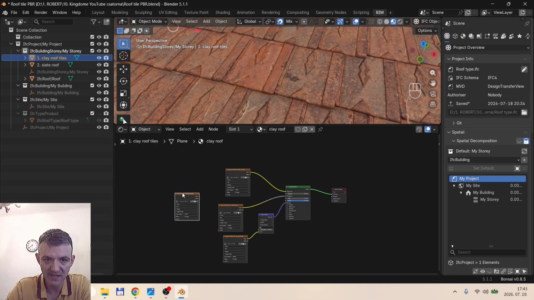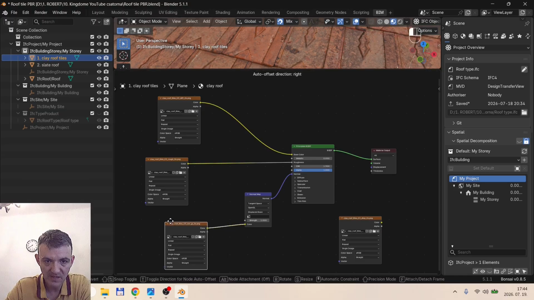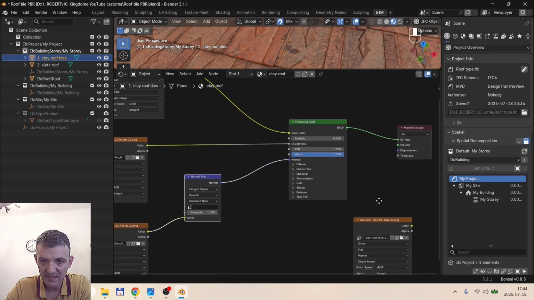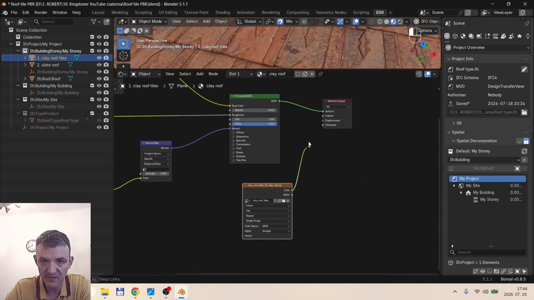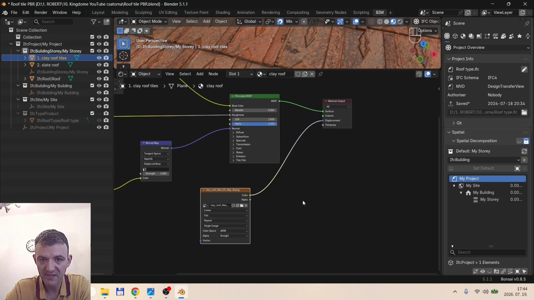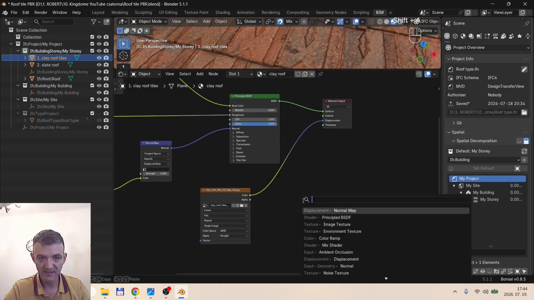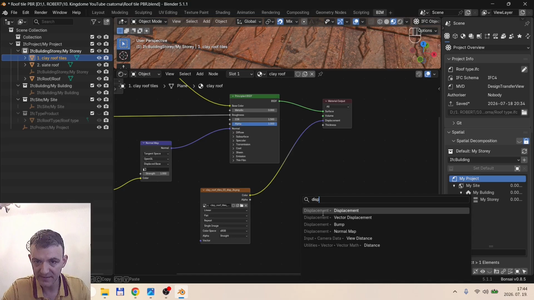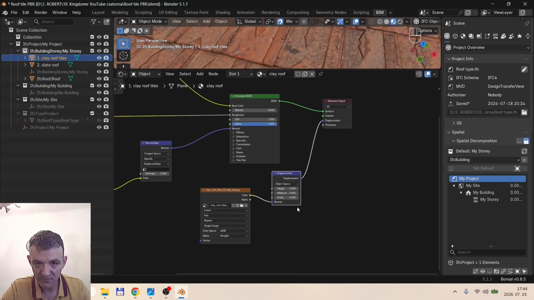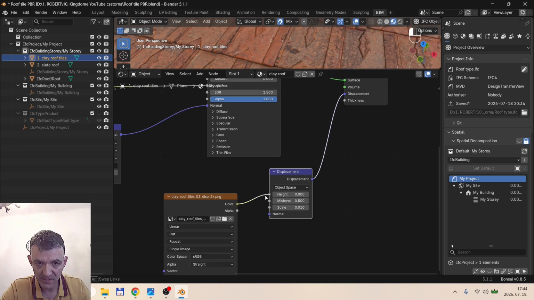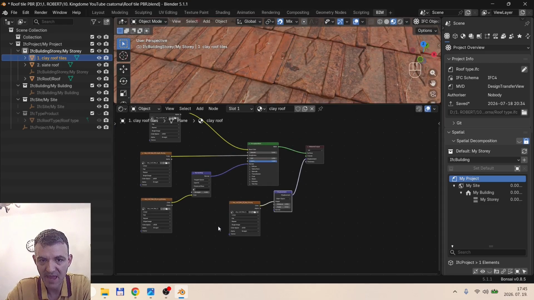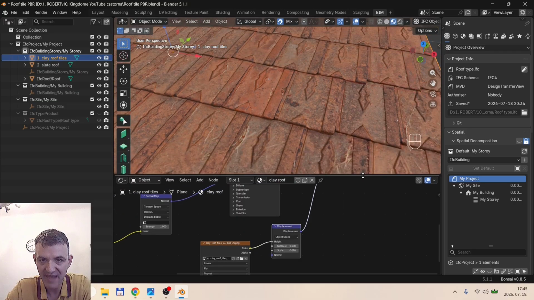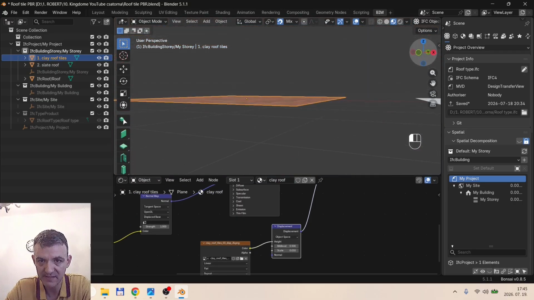Just organize a little bit our shader editor. Let's do it like this, like this. We have the displacement map over here. In this map, we have to plug the color into the displacement, but we have the same problem. In order to solve that, let's just bring in the displacement node, put it right here, bring it down, and the normal should be going into the height value because this is grayscale, so we need the height values over here. So the displacement map has to create some sort of extra polygons in our surface, but now we have